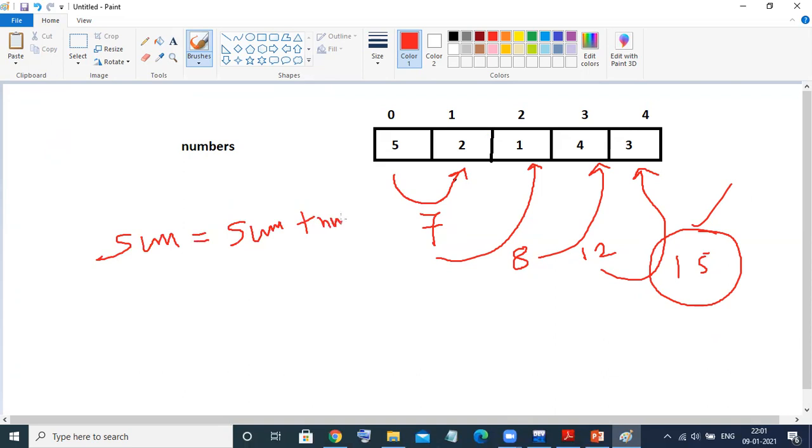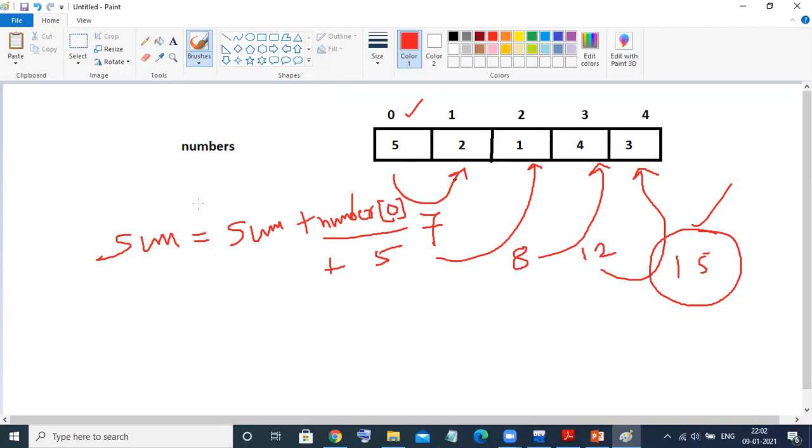If I want to take the first element, I have to take the help of number. Then the index is what? The number of 0. Then it will return what? Whatever number is stored at this index, it will return. What is that number? 5. To whom are we adding it? To a particular variable, sum. But if I do not initialize this variable with some value, it will take any garbage value and the result will be a garbage value.